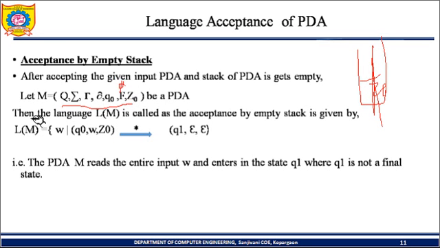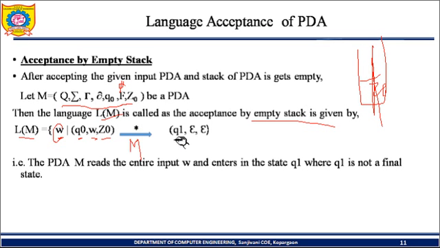Be a PDA. Then the language L(M), the language which is accepted by the machine M, is called acceptance by empty stack, given by L(M). L is the language which is accepted by the machine M. We are having some word W which belongs to the given language. Then Q0 is the current state, by accepting the current input string, Z0 is the initial stack symbol. So star indicates that we are going to process the given string with the help of